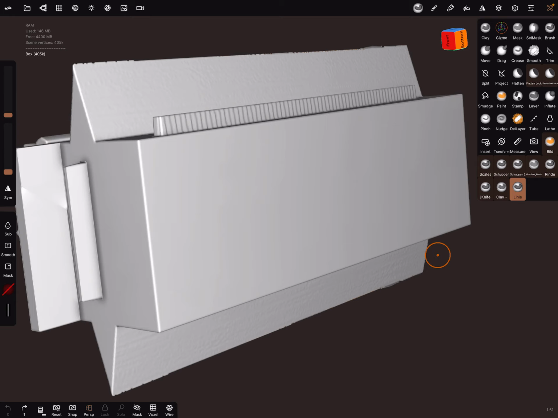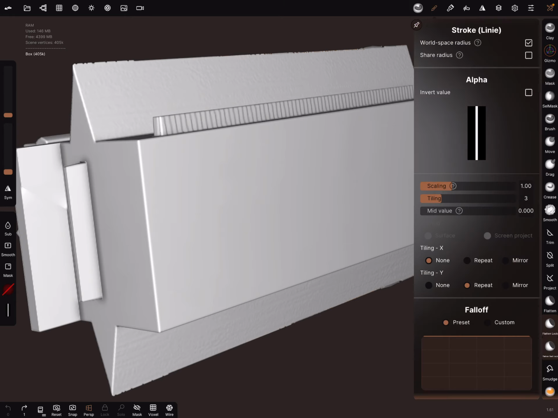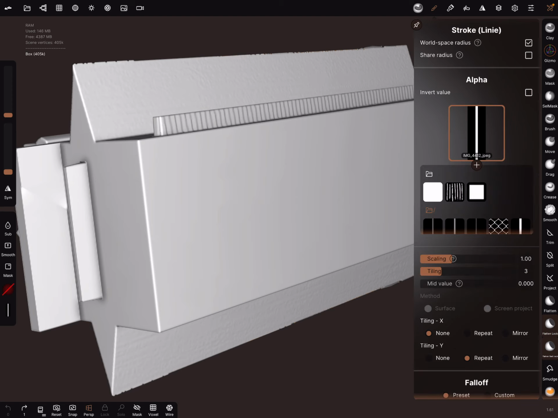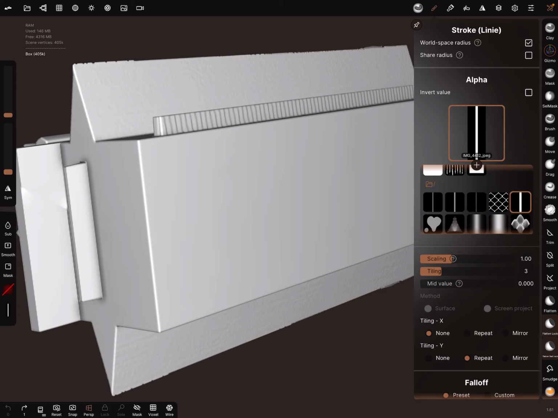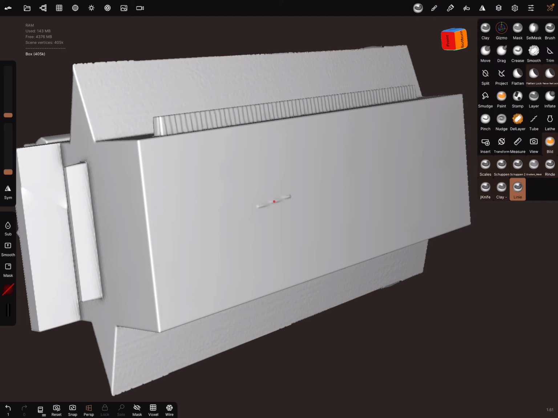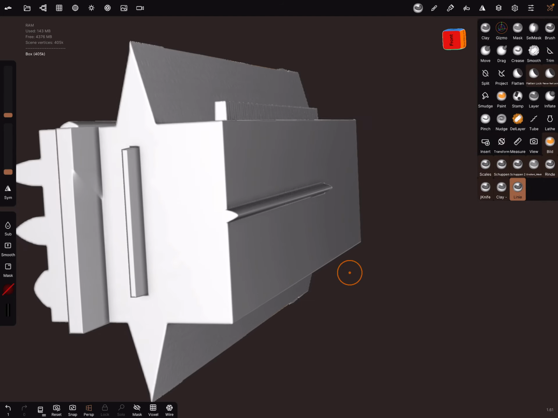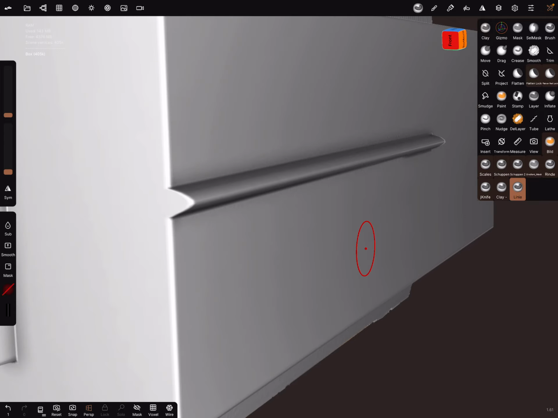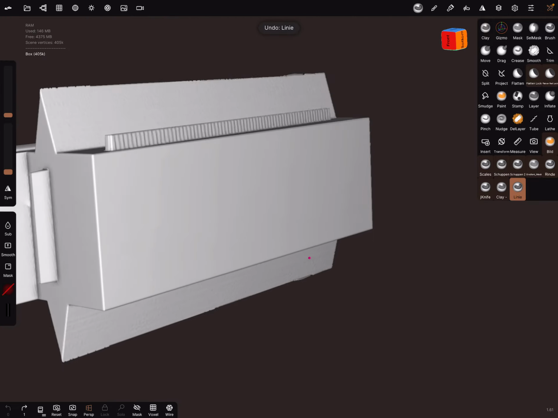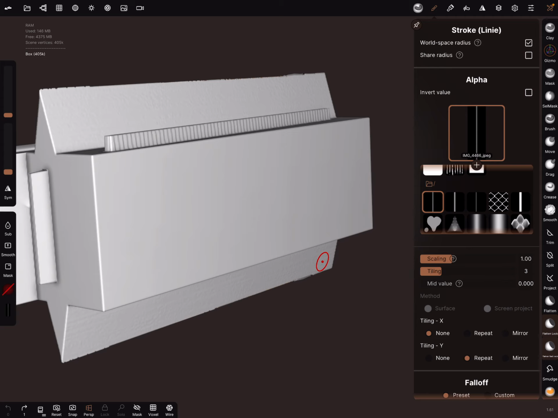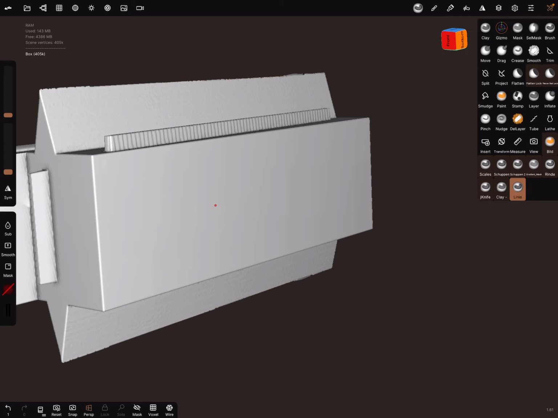And it's also possible to change the stroke type. In this case, it's a rectangular stroke. And let's try this. It's got such a shape. And you can change it to this.